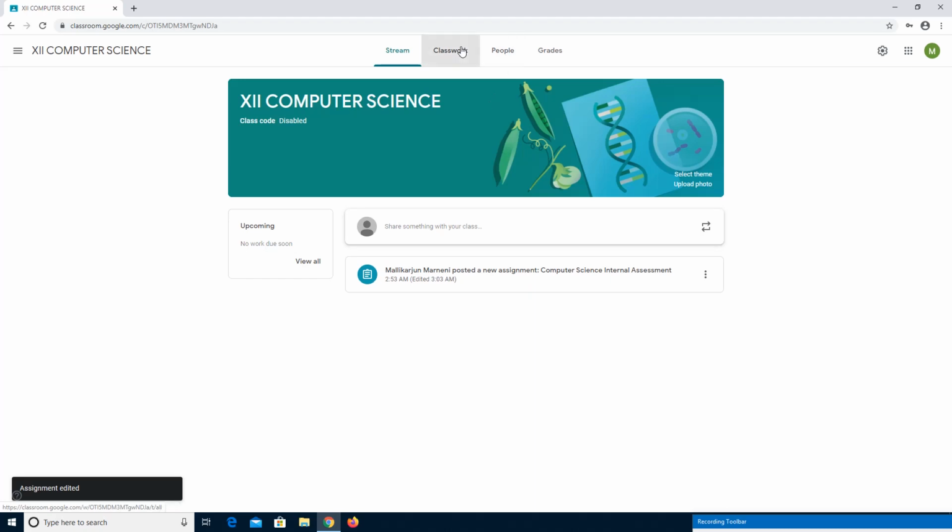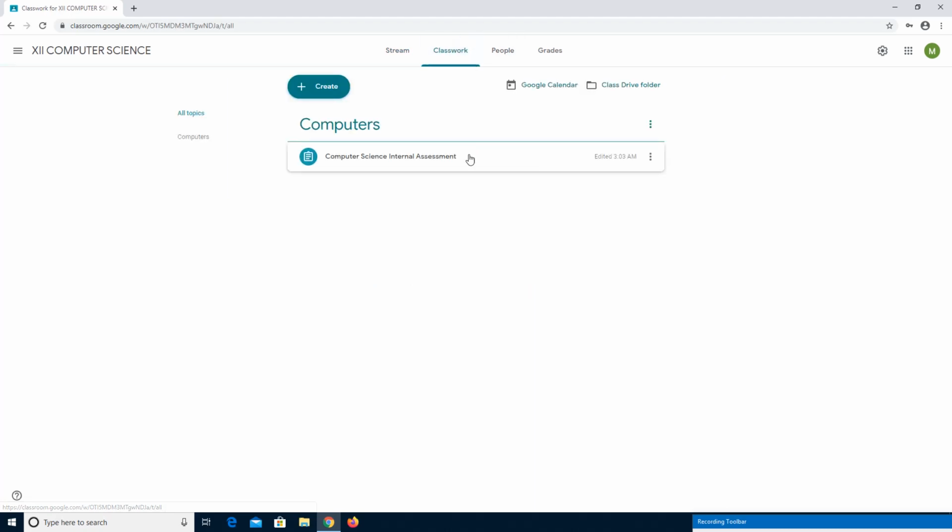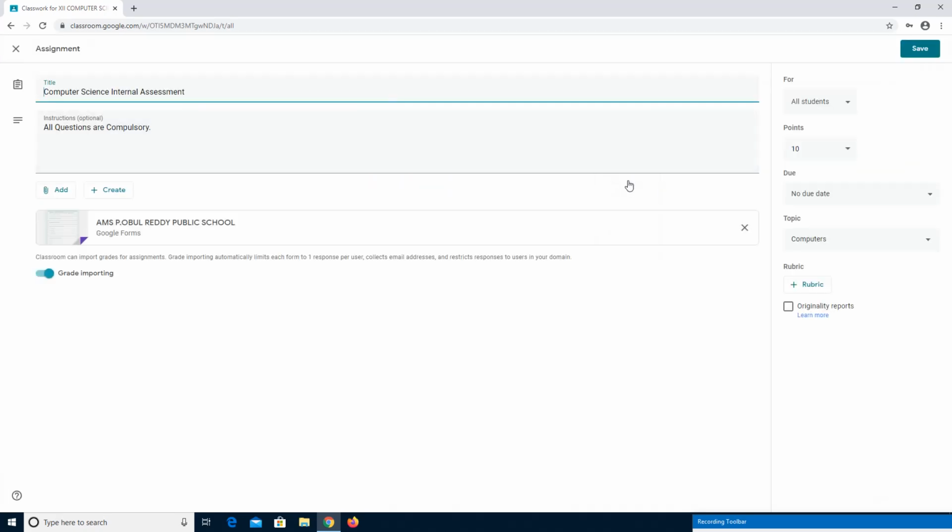In the same way, if you want to make any change in the Google online assessment quiz form, go to classwork. In classwork you can see your assessments. Click here and click on edit. When you click on edit, you'll get this form. Same thing, two ways are there. From stream also you can go here, otherwise from classroom also you can come here. So when you click on Google form,